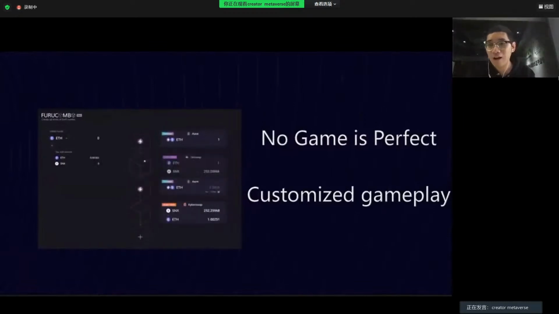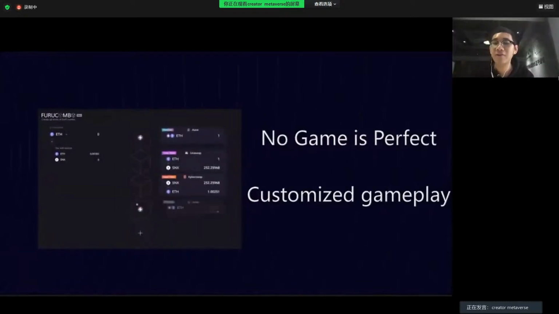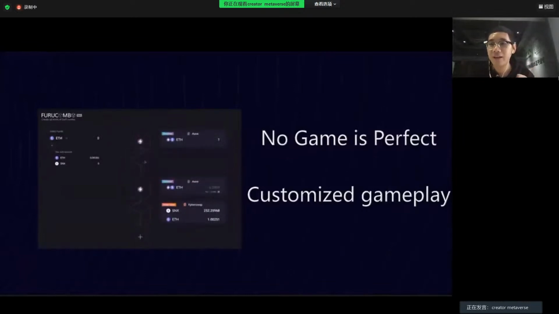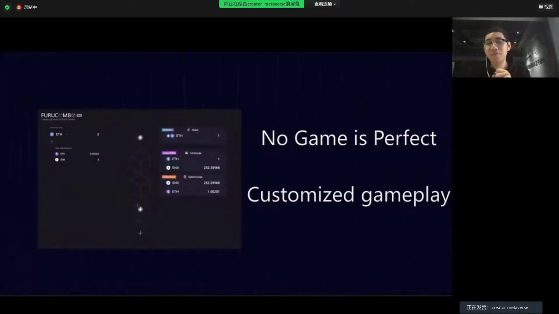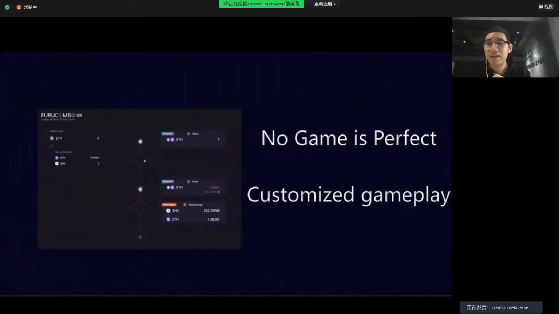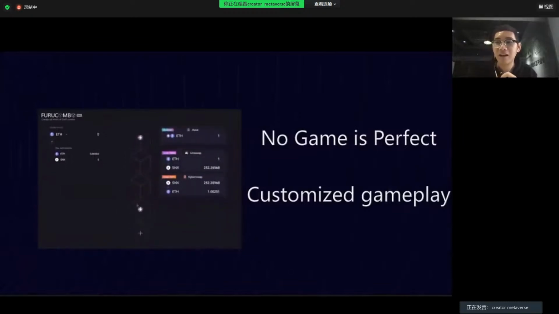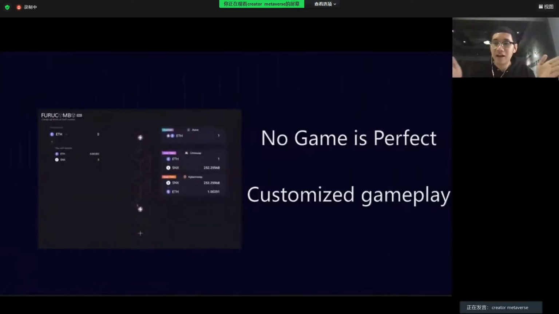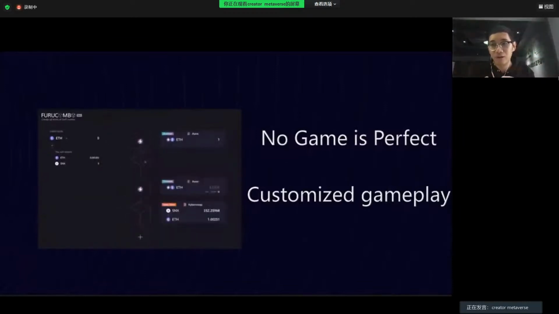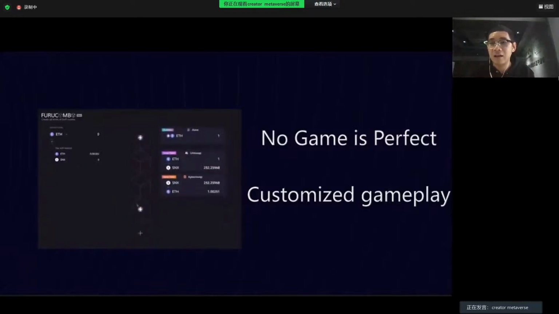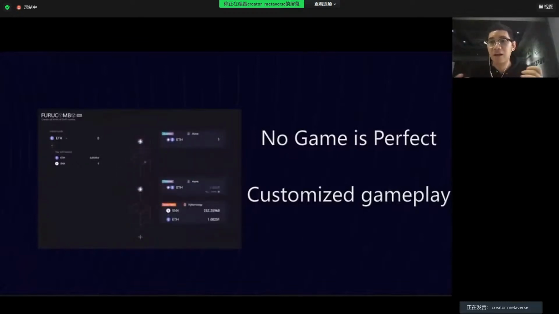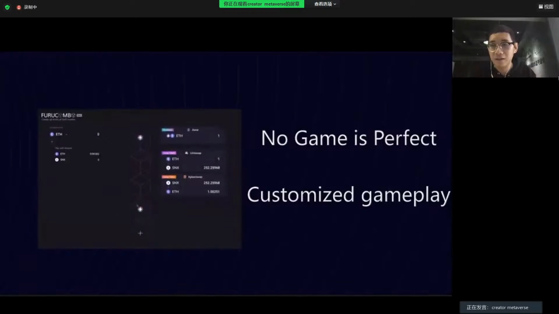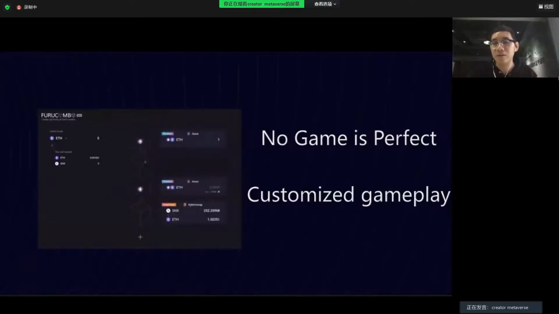I'm not sure about other players, but for myself, some types of game I'm really good at, and some types I'm really bad at. Maybe I cannot play action games very well. But for RPG games, I have no choice, because they are not open source, and you cannot customize your own gameplay before you start the game.